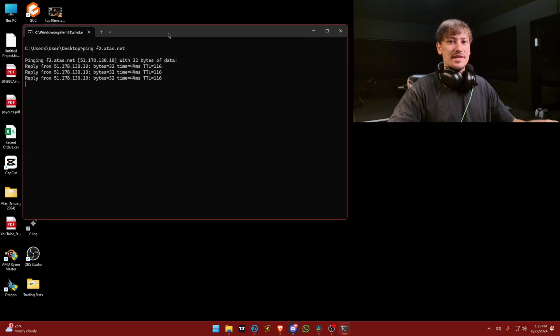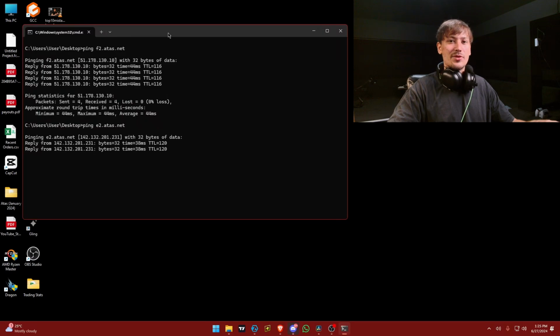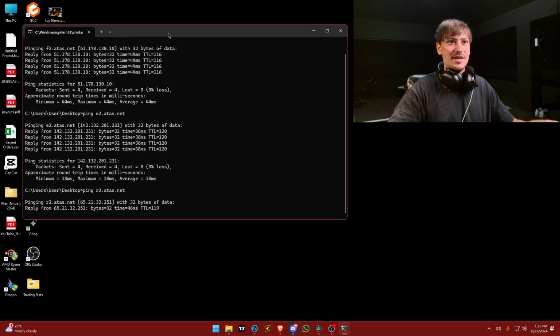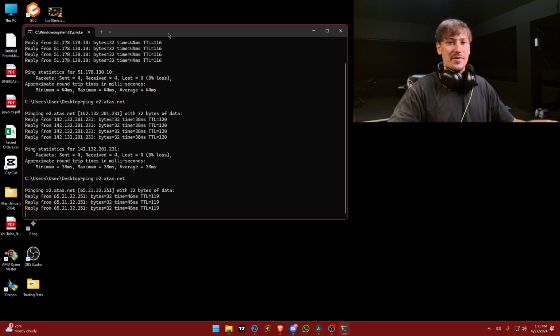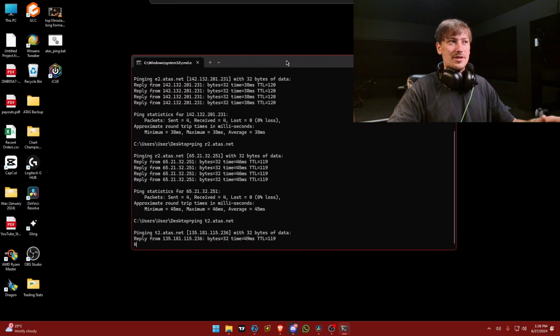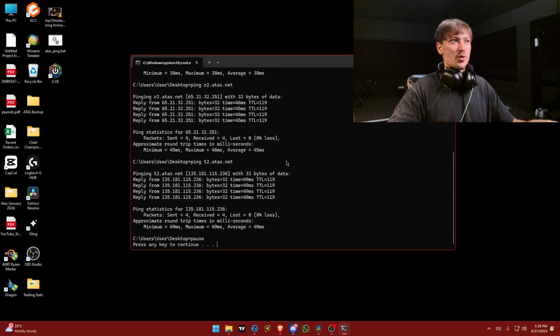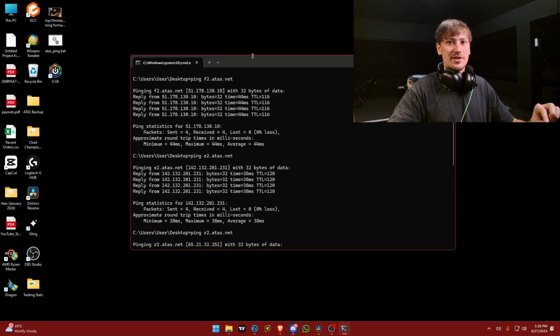And I received this file from a friend of mine, and it automatically pings the server to see what type of connection you have and what type of latency you have. So my friend created this program which automatically pings the ATAS servers in order to see the latency on each one of them. So for example, you open this program, and the program is going to ping the servers, and